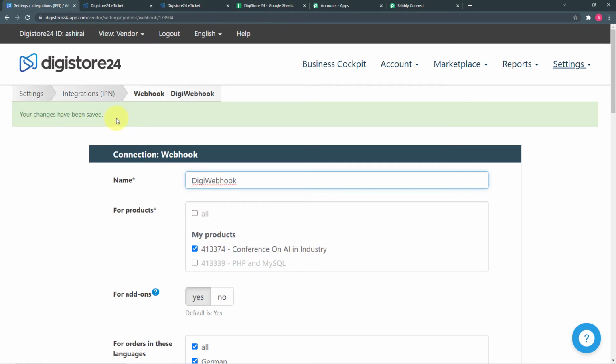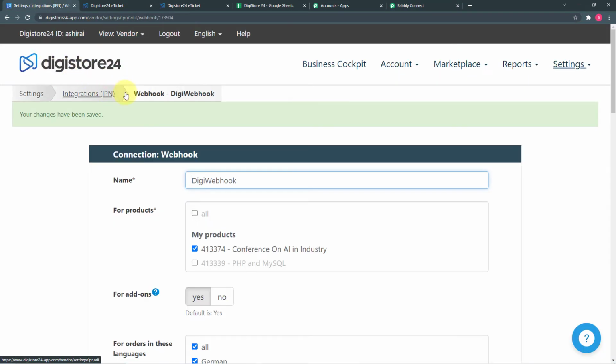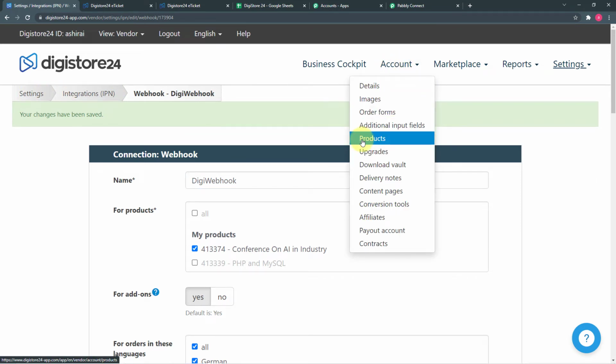So the webhook is connected here, and you can see in Pabbly Connect it started showing waiting for webhook response. That means it is time to bring the data from our Digistore24 to here in Pabbly Connect. So let's make a new purchase of our product and see if the data of the person who has purchased the e-ticket is going to be delivered here in Pabbly Connect or not. So I am going to my Digistore24 dashboard again, and from here I'm going to click on accounts, then click on products,